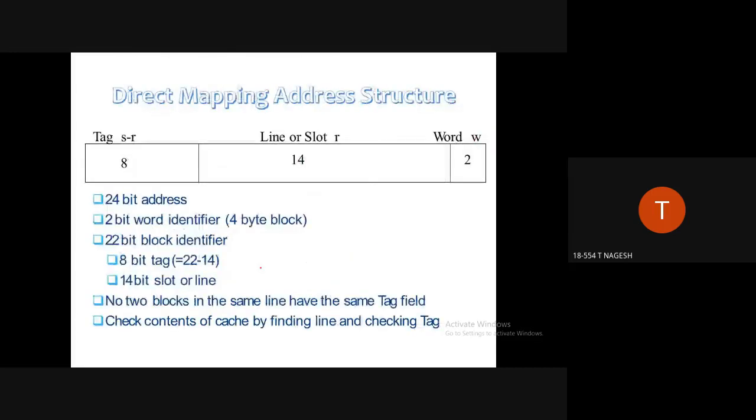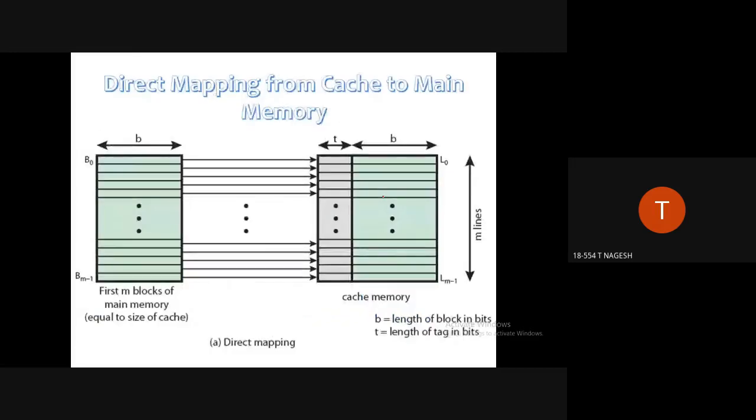So this is how the addressing happens. That address structure will look like this. This address structure is of a cache memory, right? It is divided into different slots. Three different slots are there for the cache memory address. So why we are dividing like this and what is the use of dividing like this, I'll explain to you with the example now. So let's consider how the process looks.